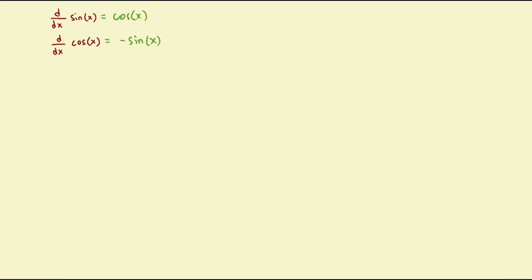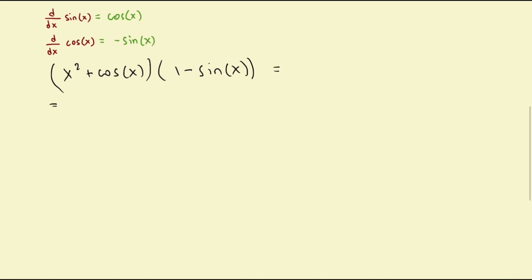First, we'll derive x squared plus cosine x times 1 minus sine of x. To derive this, we're going to use the product rule. We're finding the derivative of the first function, which is this function. Derivative of this would be 2x